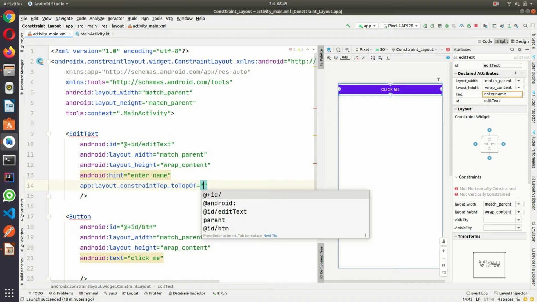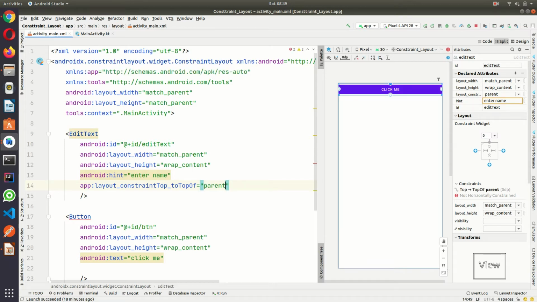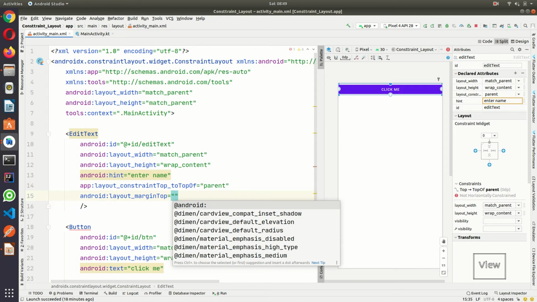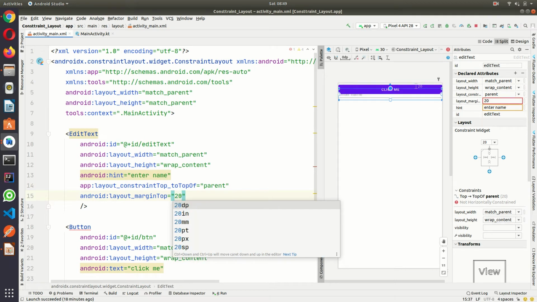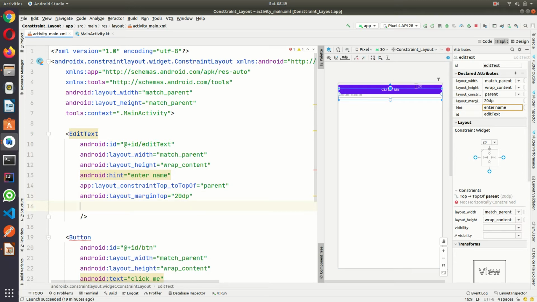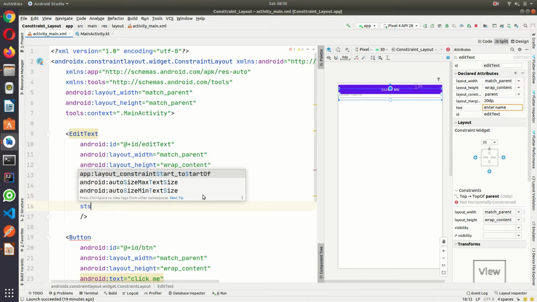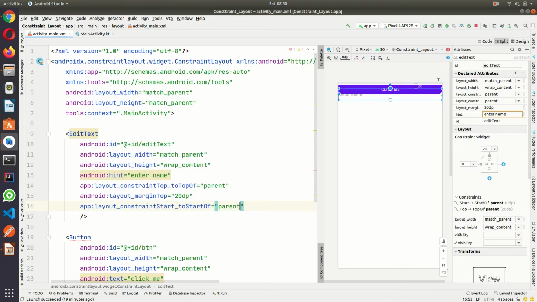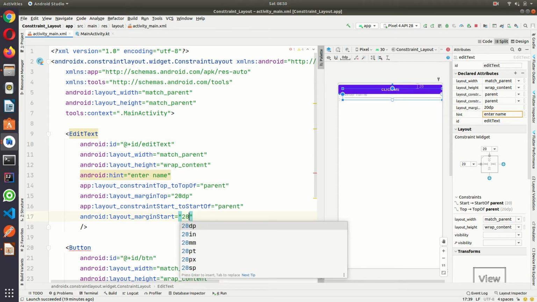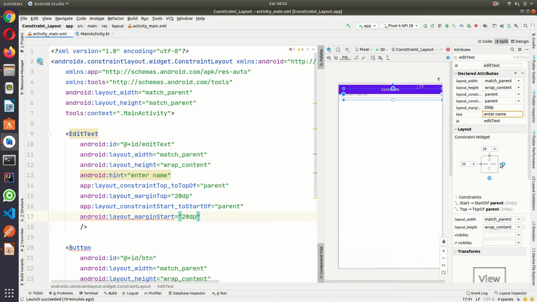Here it is asking for an ID or parent, and since it is top of parent, I am giving parent. If I give a margin here, or directly from here I can also give marginTop 20 dp. If I change it here, it is reflected here also, see. Okay, so manually you can also do start of parent. Okay, and if I give marginStart 20 dp, it is reflected here.